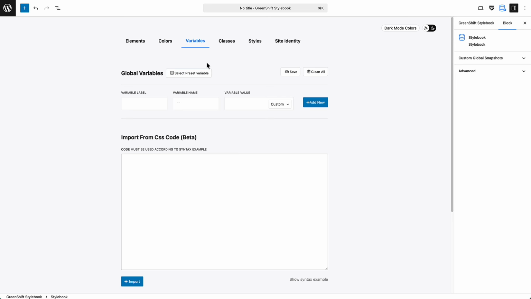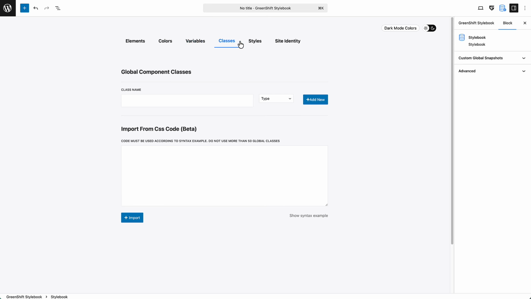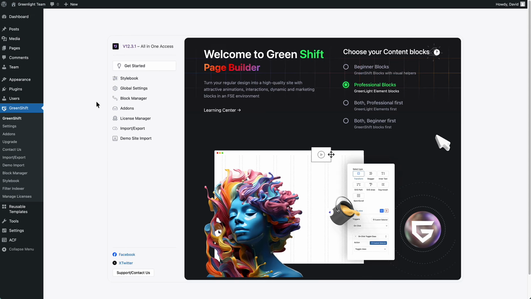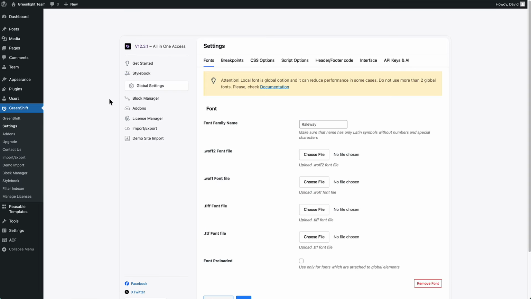You can add your own CSS variables. You can import them. Same with classes. Okay, global styles. This is where you add your logo and favicon and stuff like that. If you don't want to go with that one, what I showed you is what comes with the Greenlight theme. All right, then here are global settings,